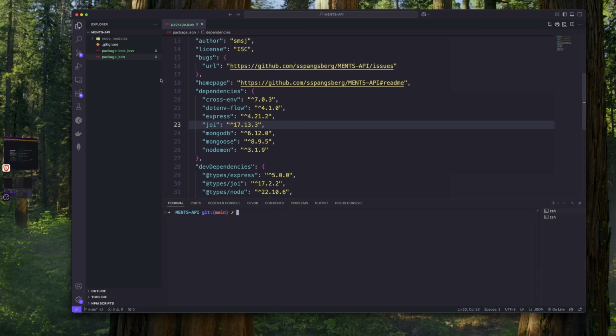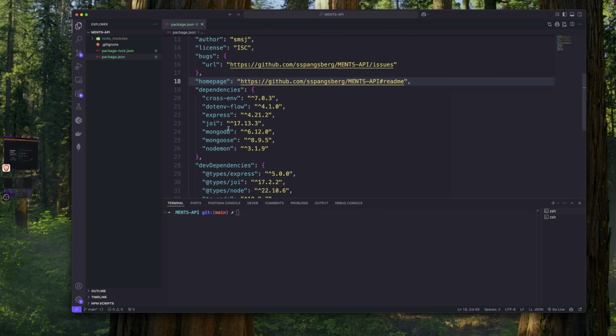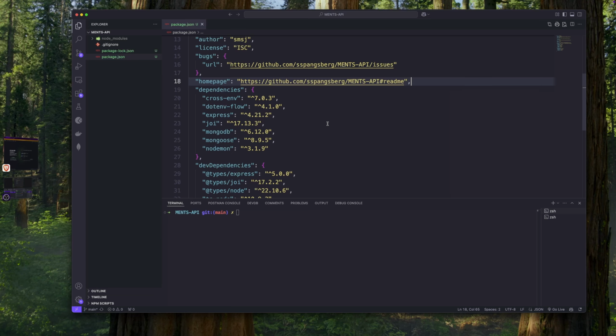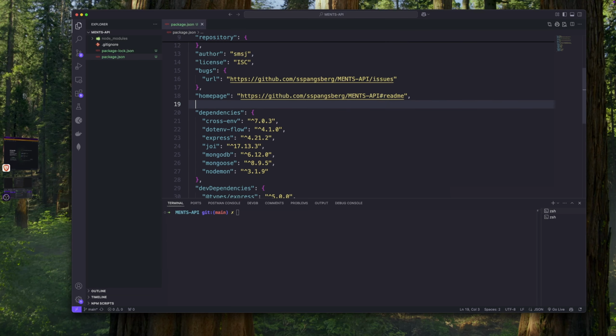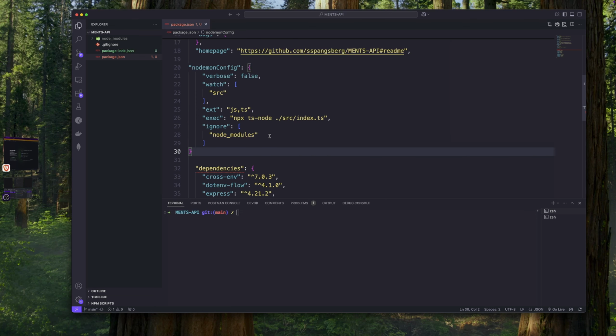We need to make a configuration for this Nodemon when we start developing it. And there are different ways you can do this. You can either have a Nodemon configuration file in your project, or you can put it in the package.json. In this example, what we will be developing here, I'm just going to put the configuration in the package.json. So let's find a good spot for this. Let's do it before the dependencies here. And I'm going to put the configuration info directly in here, and then I'm going to explain what this is all about